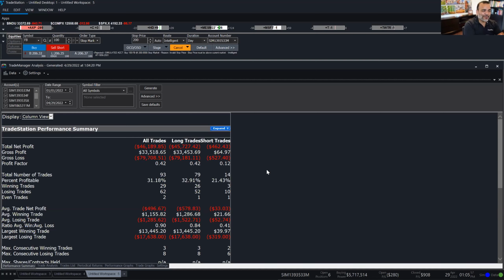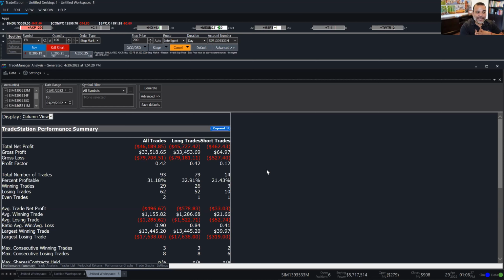So I cannot run the trade manager analysis and expect that I can use these numbers in my taxes. It doesn't work that way. This is not an official report. This is not done by a tax expert. This is not done by a CPA. This is a technology that sometimes is flawed, and I'm not sure how much experience you guys have on this